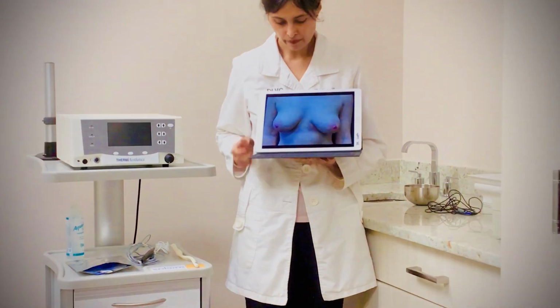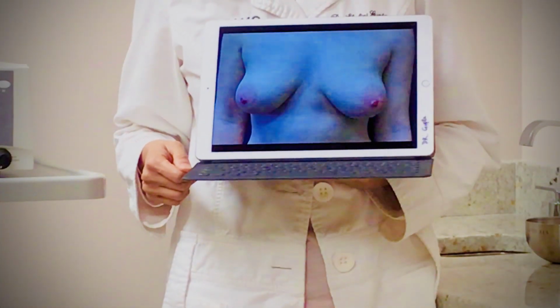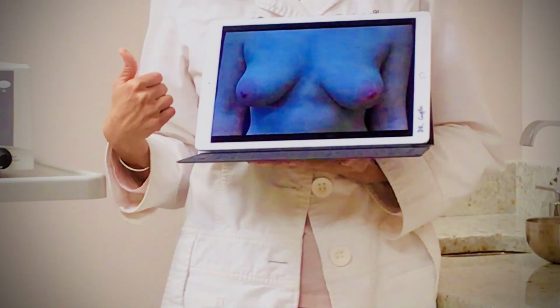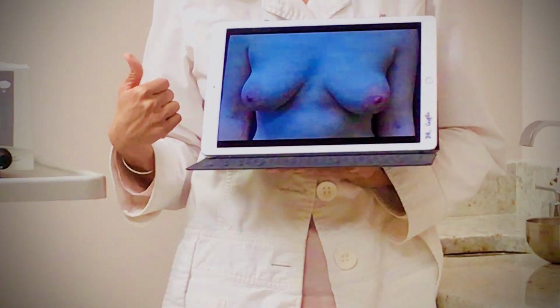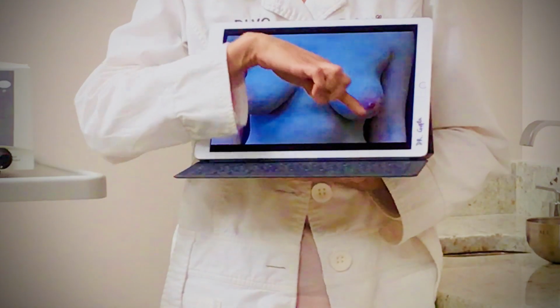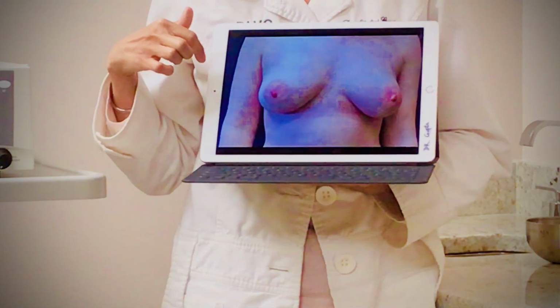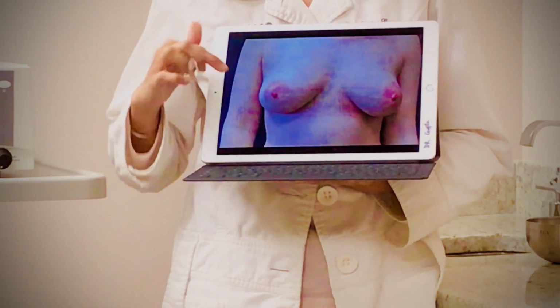Here's an example of a breast in a young lady who just didn't like that they were starting to sag. And this, of course, can just happen with age, childbirth, breastfeeding, post-breastfeeding, things like that. But you can see that the nipples are kind of pointing in an outward, downward direction. And this is after the procedure, a few months later, you can see the nipples are more pointing upwards, and